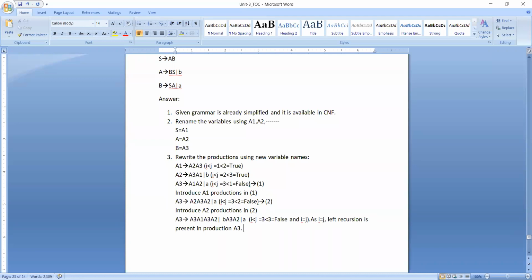Now remove the left recursion in A3 as follows.